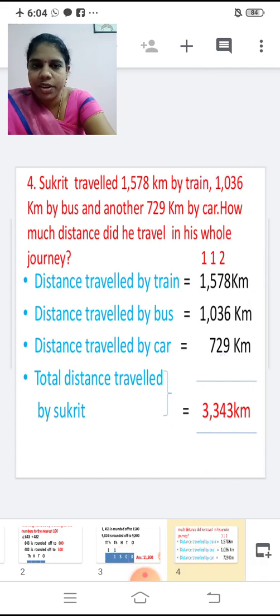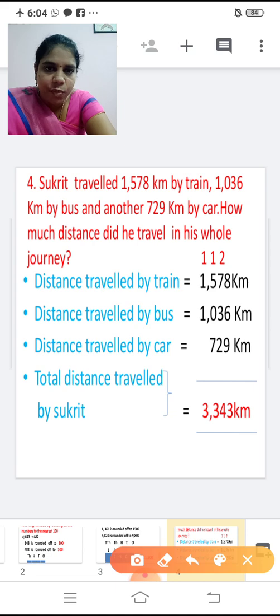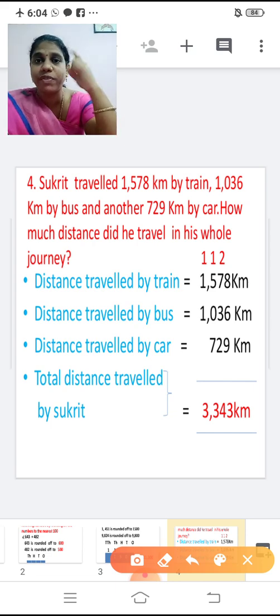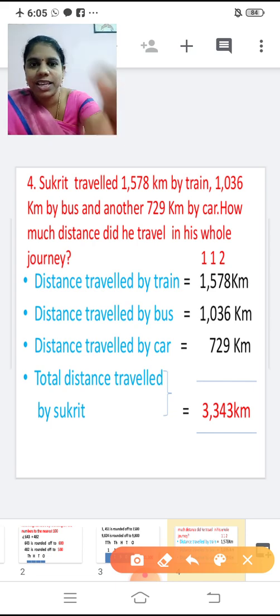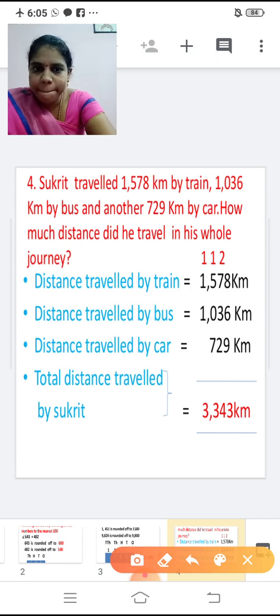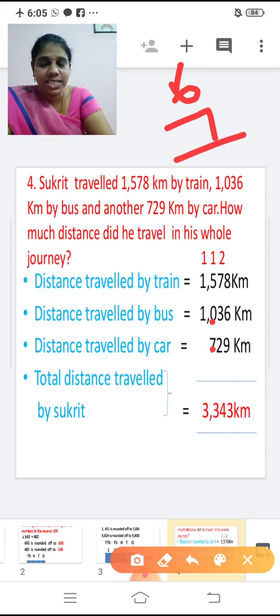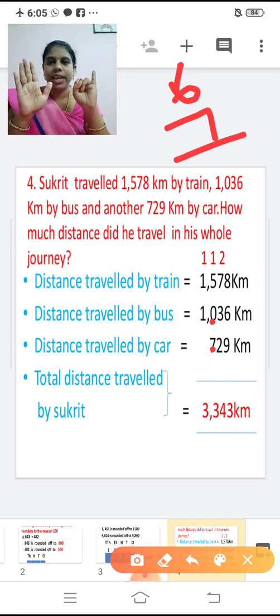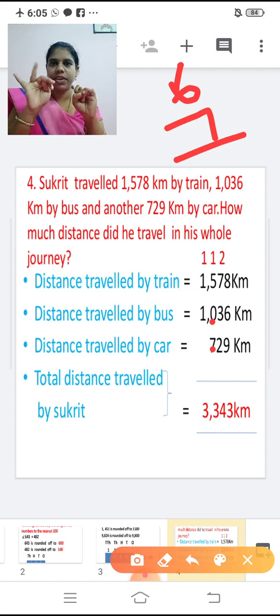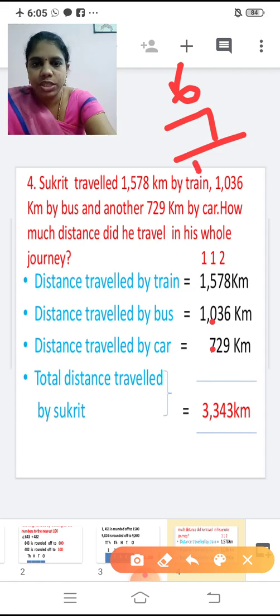Now shall we add the hundreds place now? 1 plus 5, after 5 you're going to add 1 number. So 6. So 6 plus 0, 6 plus 0 is 6. Then 6 plus 7. Last number is 7. So we are going to add 6 and 7. After 7 we are going to add 6 numbers: 8, 9, 10, 11, 12, 13. So 13. So 3 I am writing it here and 1 is carried over to the next place.